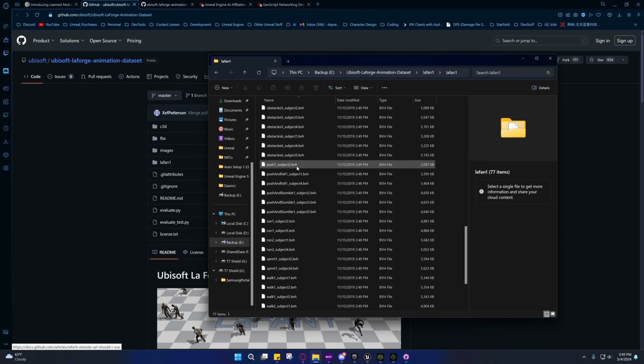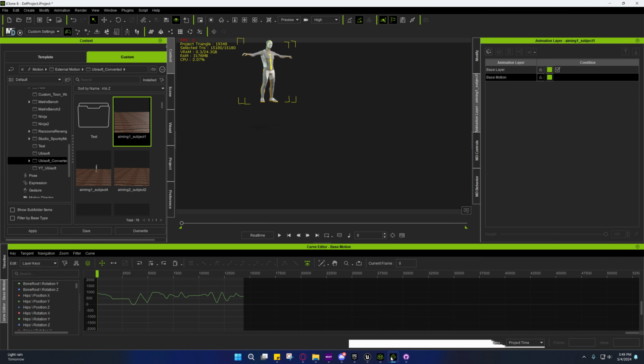And so you'll have to figure out a way to convert those if you don't have Character Creator 4, then you'll have to find a way to do this in Blender or somewhere else. But I won't really be able to help you much there. Now, I've seen somebody, he did it in Blender, and for whatever reason, it had no root motion on it. I don't know why that is,